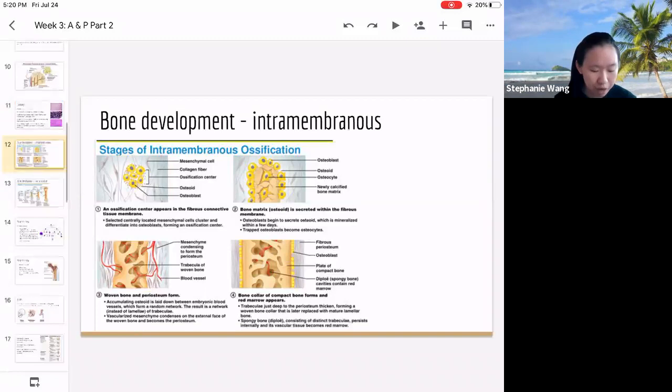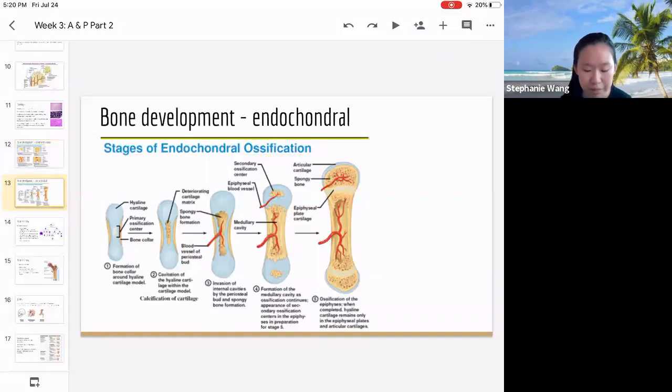But on the other hand, we have the more common type of bone development, which is endochondral development. And this is formation from cartilage. So whenever you hear chondral or chon, something like that, think cartilage. So chondrocytes, cartilage cells, things like that. So as you can see here, there's a cartilage mold in the beginning, and then in the center, there will be an ossification center, and ossification just means creation of bone. So bone will be created in the middle, and then there will be blood vessel perforation, and then on the sides, there will be the secondary ossification center, and at the end, a long bone will be formed.